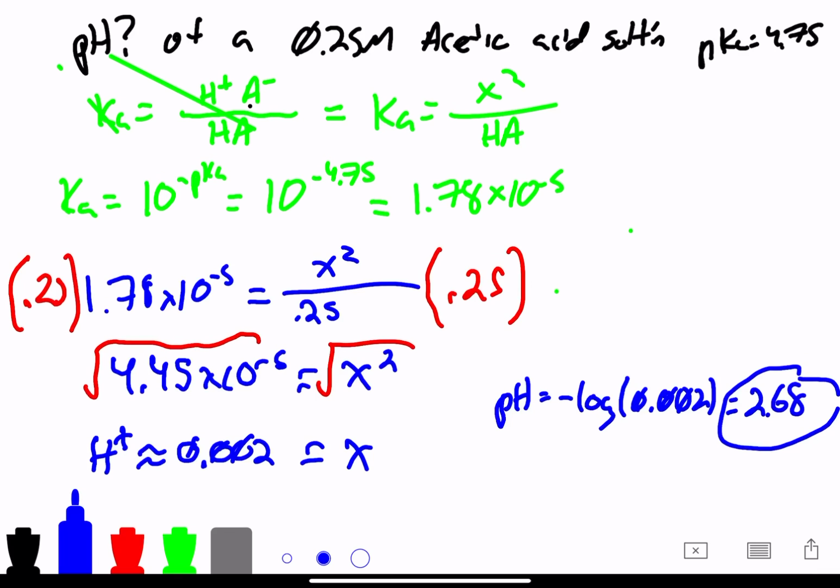Last problem, number 5. This one we are going to have to solve the quadratic for. We are asked to find the pH of a solution of dichloroacetic acid, which you're not given a molarity here. That is my bad. So I'm going to show you how to work this problem with a 0.25 molar solution just like the other one. So we're going to have 0.25 molar of dichloroacetic acid, and what that looks like here is